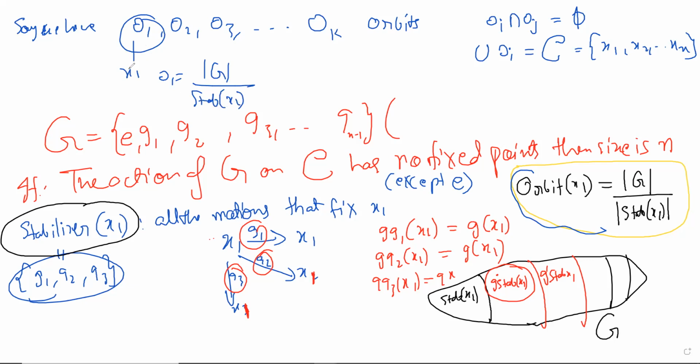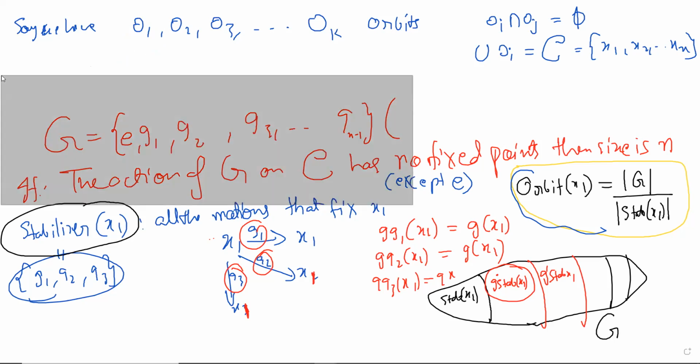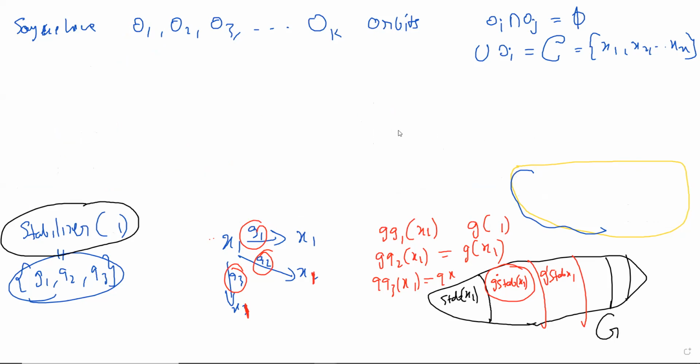Now you will ask me, what happens if I take some other x2? How do you guarantee that you will get the same size? That's something that requires a proof. I'm not proving it. It's easy, but you can pick any element and you'll get the same thing. Basically, all those elements are equivalent. They can be sent to each other inside this orbit. All right. Now let's see. We want to find the value of K in terms of G and these things.